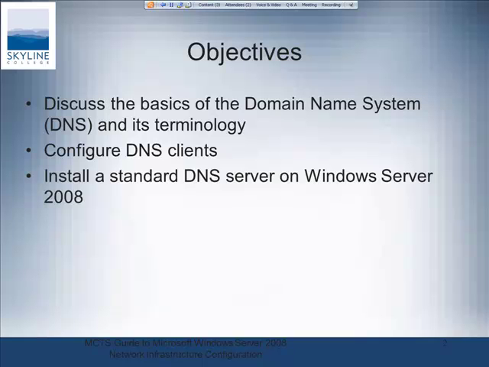Install a standard DNS server on the Windows Server 2008. And as you progress through this chapter, what they're going to do is have you set up DNS to fail, then make it succeed, then install DNS and use your own DNS after you get there. And installing the DNS server is one of the last things that you do. And then you're going to create a couple of zones, do some stuff. The next chapter that you get to, you'll have to reset